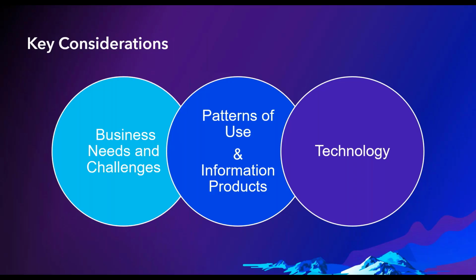So this first circle here, and probably the most important, your organization's business needs and challenges. This is the what we are trying to address and achieve with this strategy. The second circle, patterns of use and information products. This is the how. How are you currently operating? What are you using in key workflows now? What are some key business products? Connected to the first circle, thinking about what are some patterns here that we are seeing the same challenges be